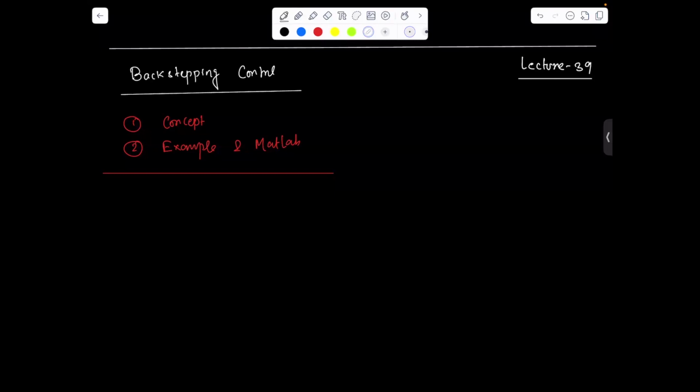Here we are going to start a new topic on backstepping control. This is basically a nonlinear control design approach. In the last lecture, we had feedback linearization based control, and we studied how we can design the control for the nonlinear system. So here also we are going to consider backstepping control for the nonlinear system, and also we have MATLAB simulation. And later on in this topic, we'll have the aircraft problem, how we can apply this concept for aircraft applications. And also we'll have the MATLAB code.